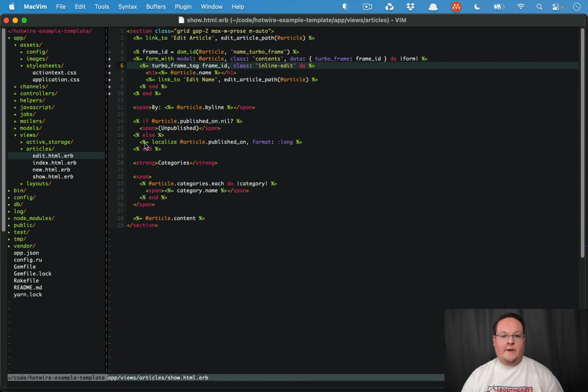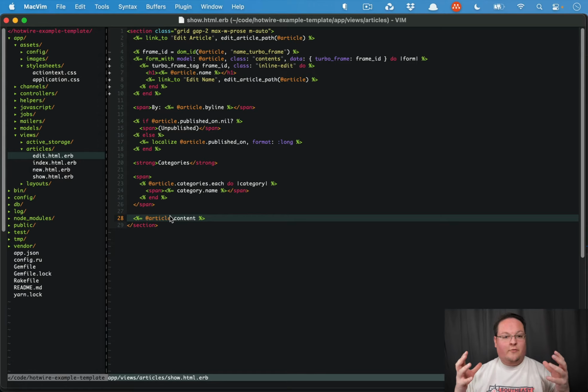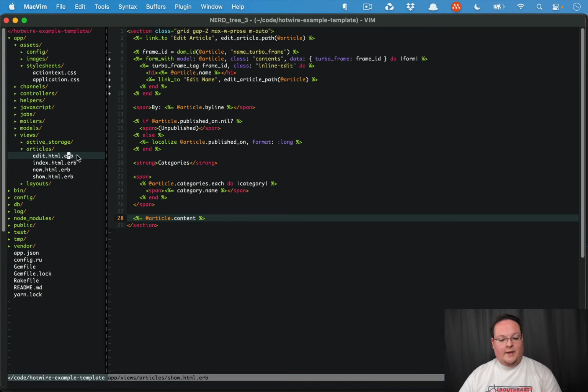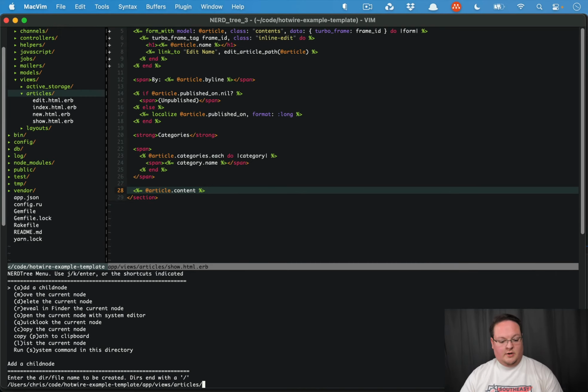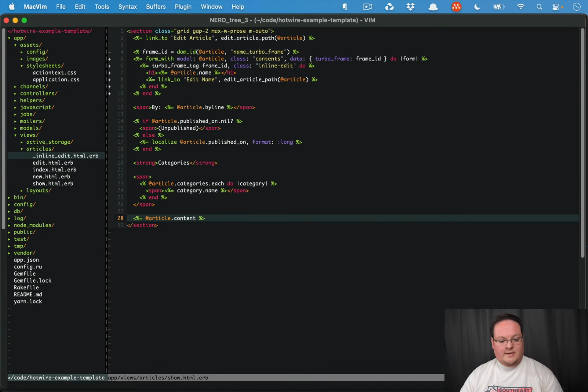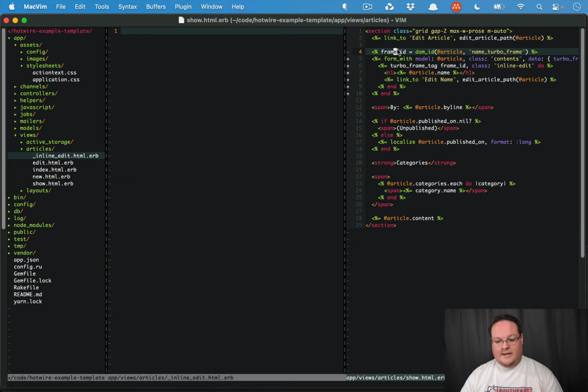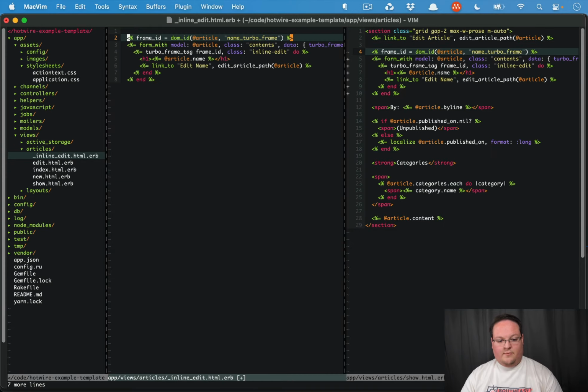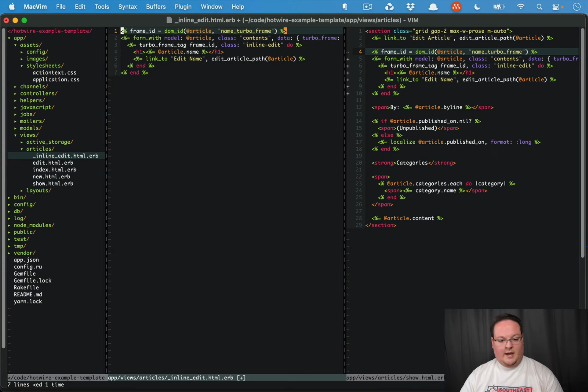So now let's make this reusable so that we can have this work for the byline, the published date, the categories, and the content, because this is going to be really something that you're going to want for more than just the name most of the time. So let's go through and make this refactored. So we'll make an inline edit .html.erb template. We'll basically take the stuff that we have here with our frames and paste that in and start